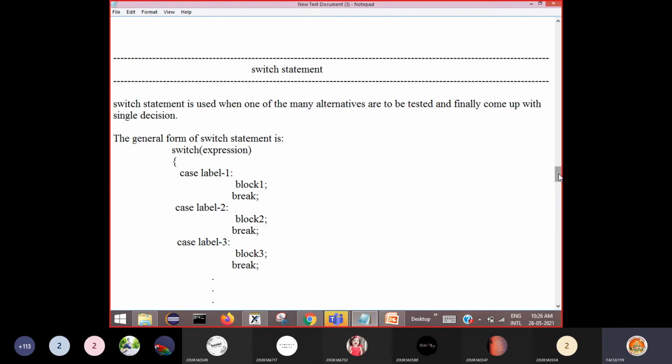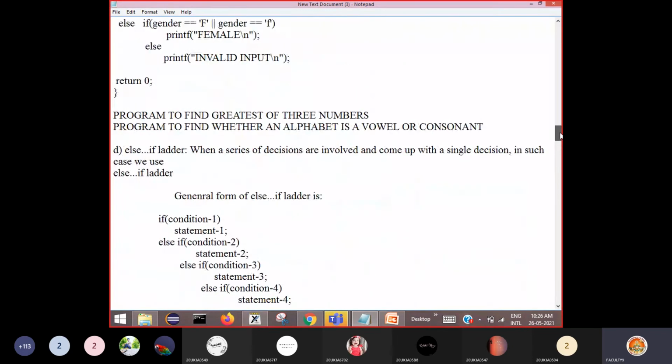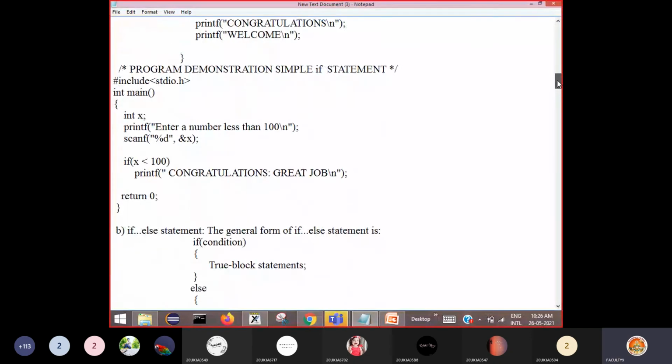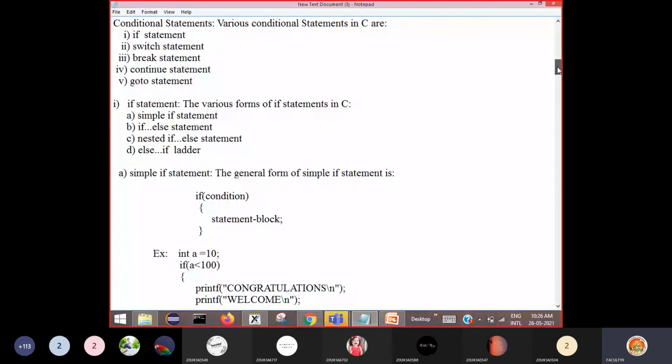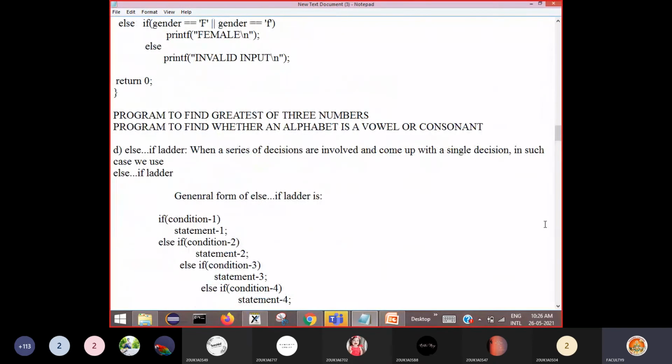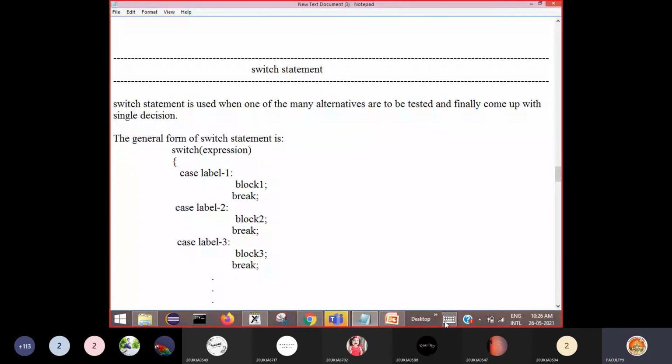While describing different types of conditional statements, the first conditional statement is the if statement, which we discussed. The second type of conditional statement is the switch statement. Today we'll talk about that switch statement. Switch is also a multi-path decision statement.